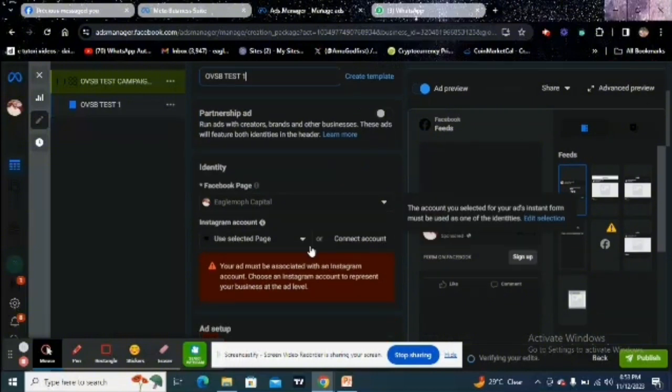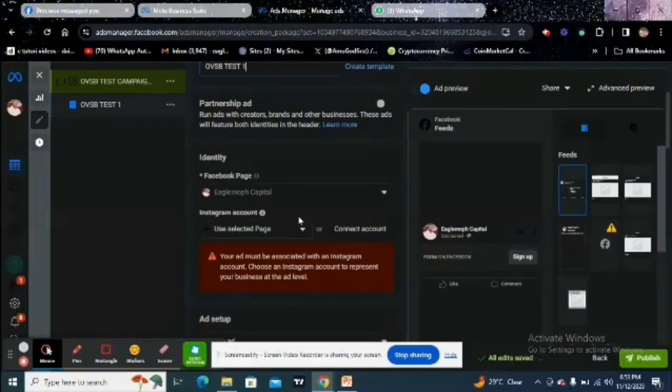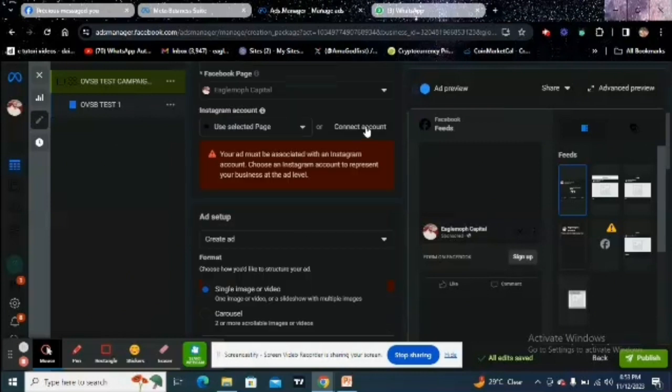Then remember, you still leave the Facebook page there, and then if you want your ad to show on Instagram, you can still link your Instagram account. You can still do it from here directly. You click on it, and